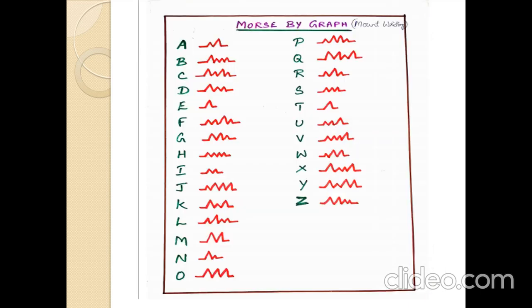Now, Morse code by mouth method. It is just for fun. The same as what you use for A: did-da. Did means a small mouth, da means a little bit higher mouth. B: da, did, did, did. See, for da I use a bigger mouth, for did I use a smaller mouth. For C: da, did, da, did. So bigger mouth, small mouth, bigger mouth and small mouth. So this is the mouth writing method.